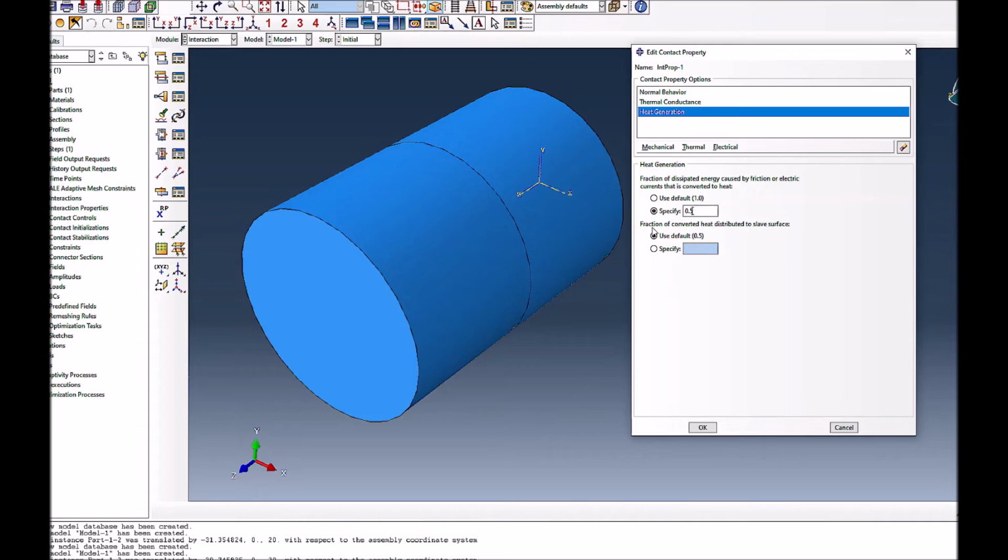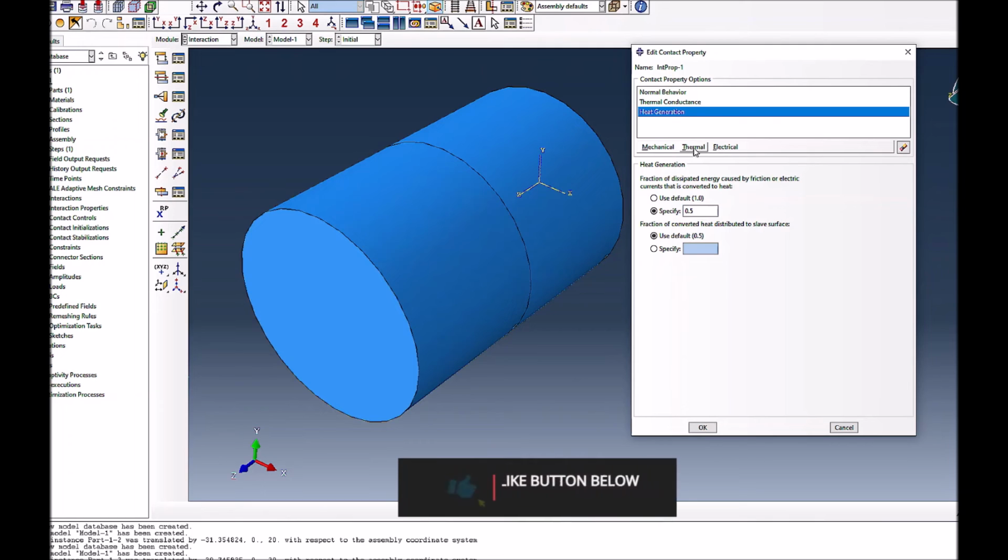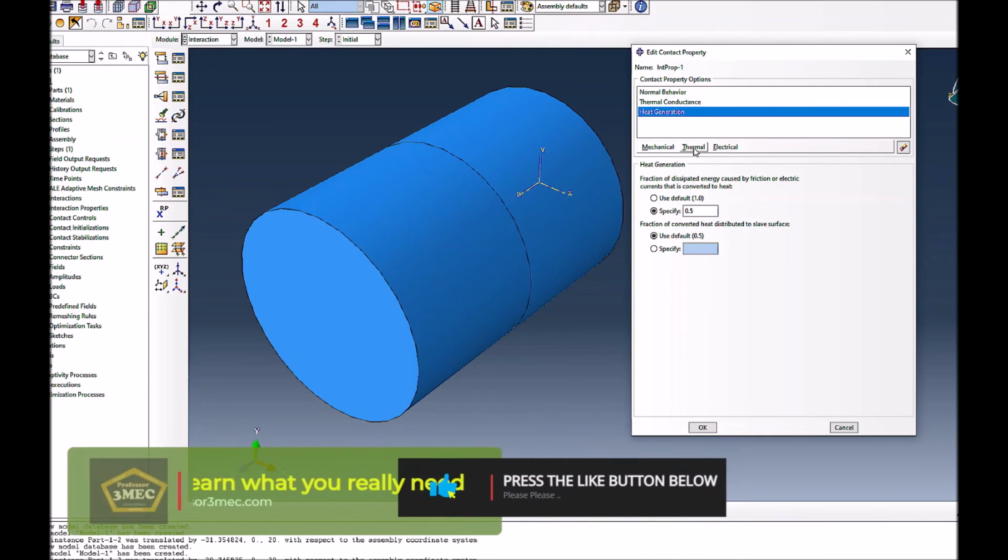Similarly, you can also specify the fraction of converted heat distributed to the slave surface. When you create an interaction, you have to select one surface to be slave and one surface to be master. So in this case, it says that if the heat is generated, how much will go towards the slave surface? So it will be distributed among the two surfaces depending on the distance. In this case, there is no distance. You have to be in contact with each other because you have some kind of frictional behavior going on,